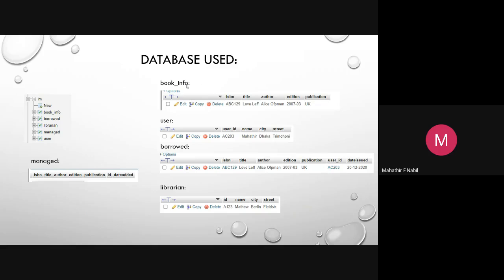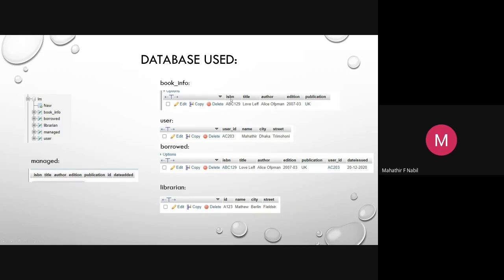how to create this, because this is very easy, and you can just go to YouTube and search for how to insert or make a table in the localhost. So here we can see that for book info, there are the ISBN, title, author, edition, publication. So the schemas are being transferred here, all of that we have created. And we cannot see it here, but when you go to the localhost server and when you go to the